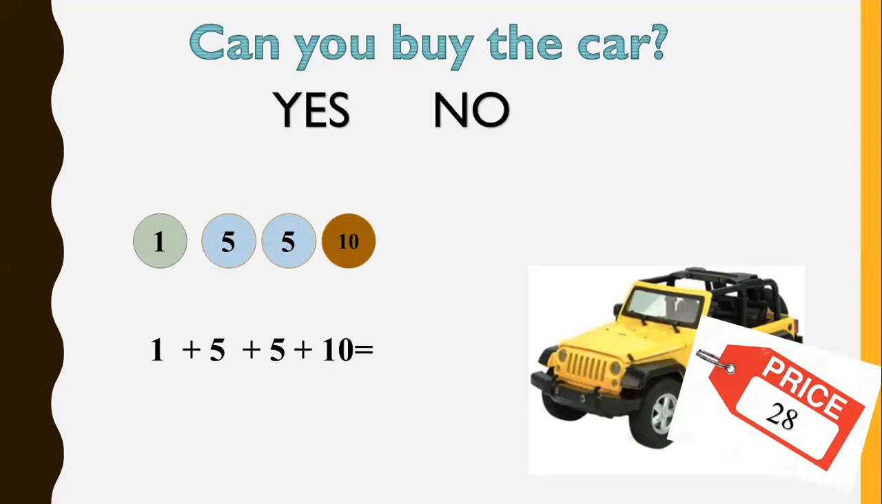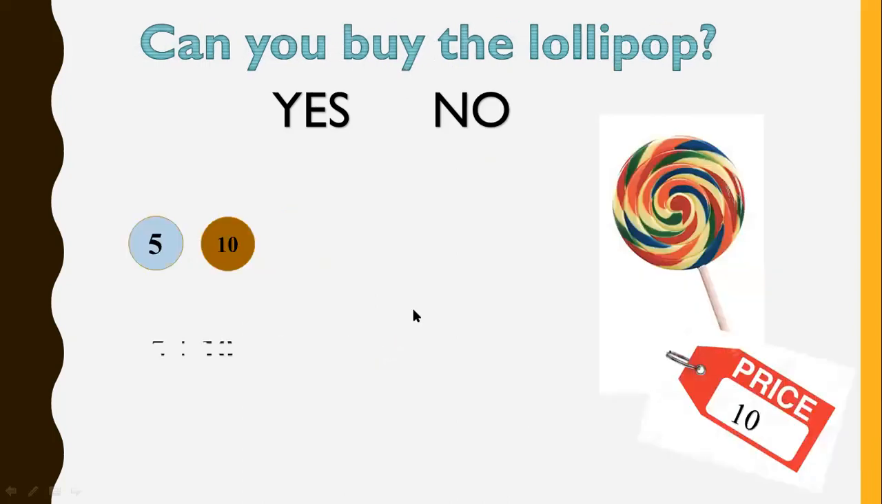In my pocket, I have 1 real, 5 reals, 5 reals, and 10 reals. So count them and send me the answer. 10 plus 5 is 15. 15 plus 5, keeping 15 in the mind and 5 in the fingers: 16, 17, 18, 19, 20. 20 plus 1 is 21. So we have 21 in our pocket, and the toy is for